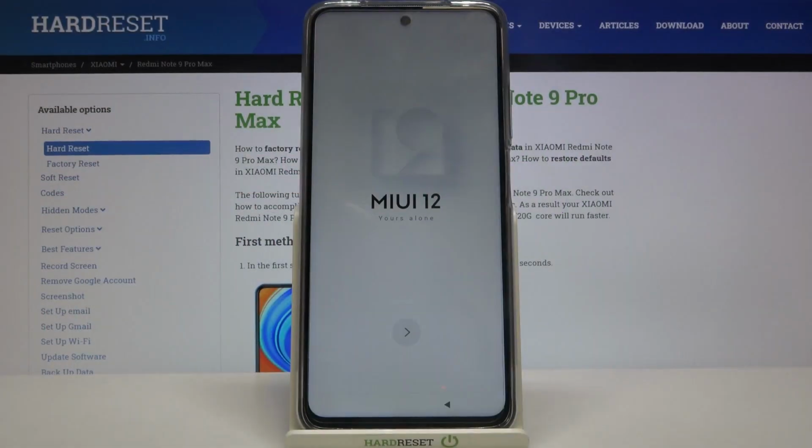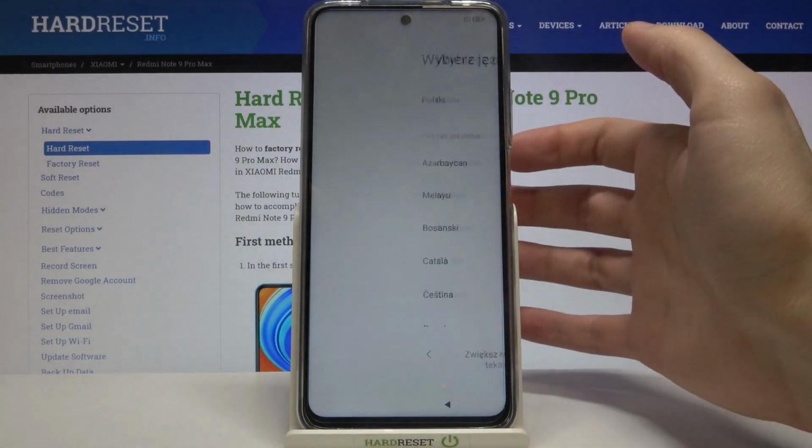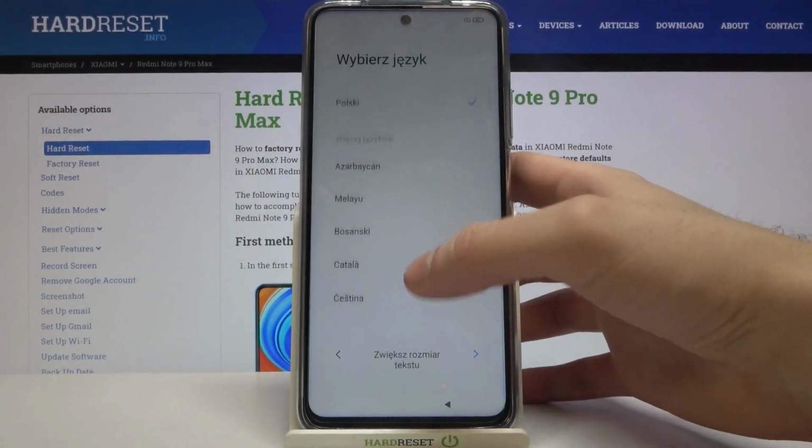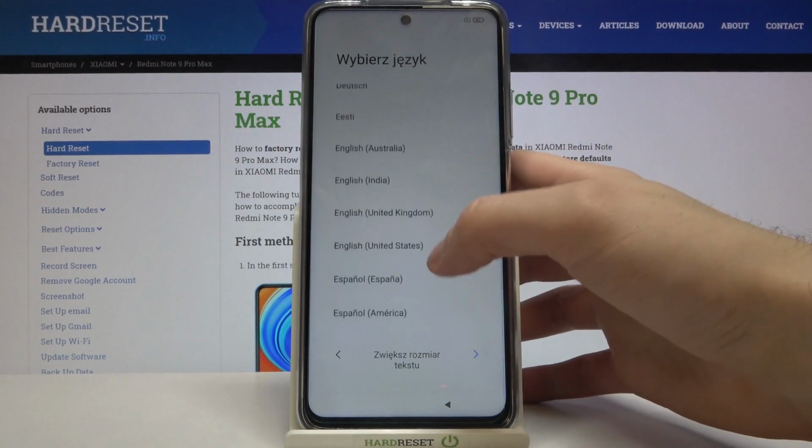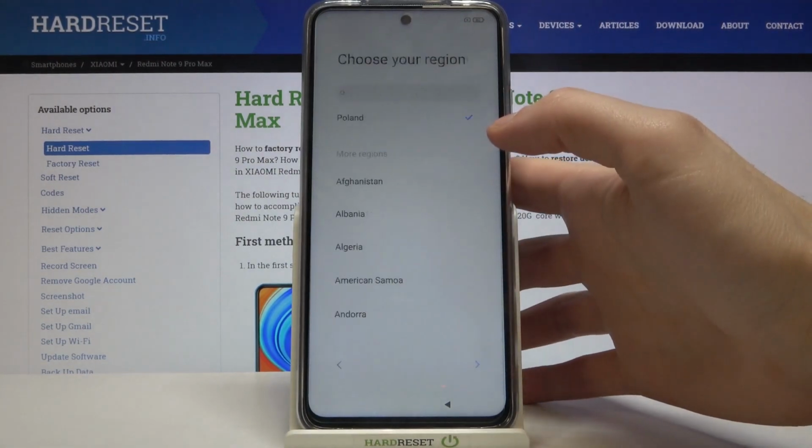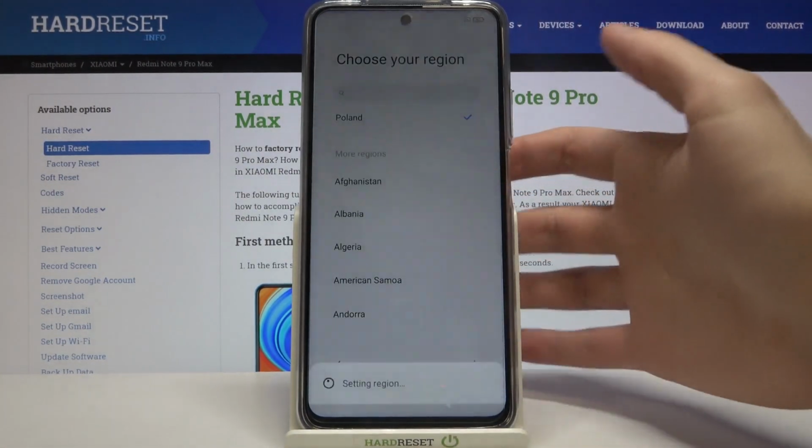Here I have XIAOMI Redmi Note 9 Pro Max, and today I'm going to show you how to set up this device. So first of all, you have to select your language, select English, tap next, then you have to select your region,